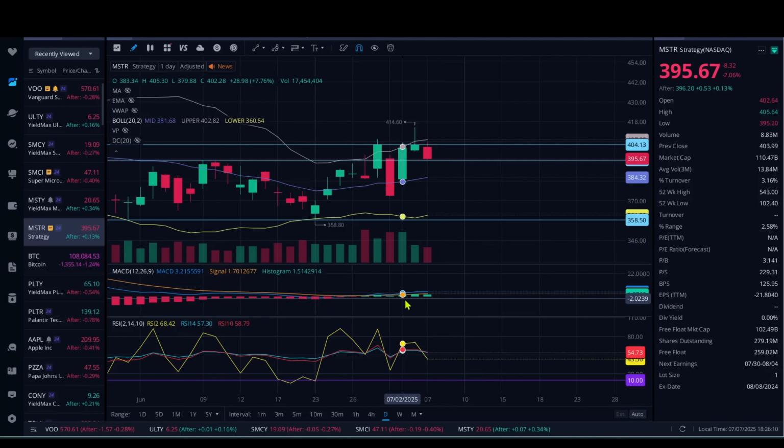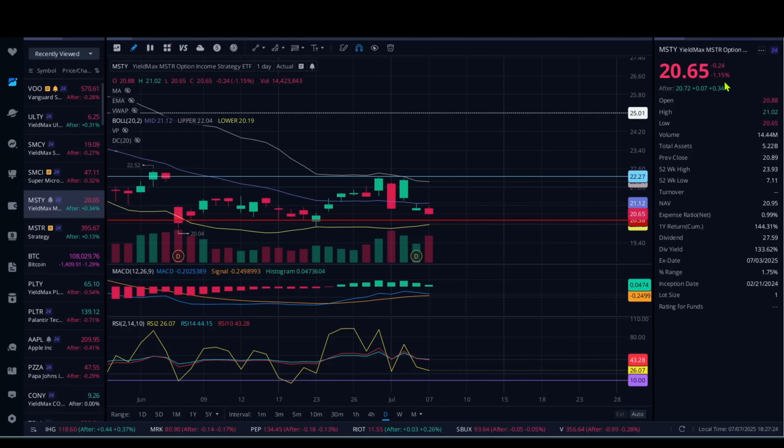Now we can see we are still up on the MACD. The momentum bars here did come down just slightly, and that makes sense because we have that red candle here, right? And the RSI 2, of course, did come down slightly, all because of the red day. And one other thing we want to mention here is MSTR dropped 2.06%, but what did MSTY drop? 1.15%. So MSTY did not drop as far as MSTR, and we are still staying above our